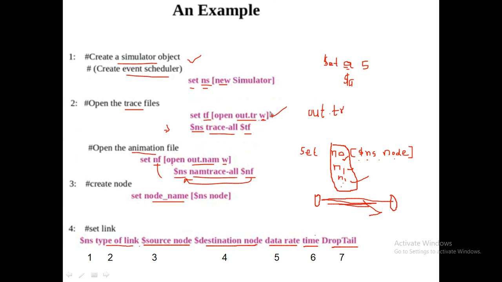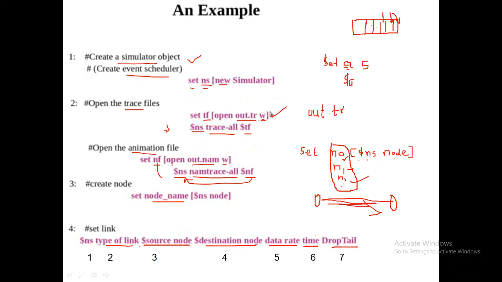So there are many different types of first in first serve, and different types of queuing are maintained here. But you know that here we are fixing it at drop tail, meaning the packet will always be dropped at the end of the queue. Now if you are considering this as a queue in TCP, if the router or a node is maintaining some queue here, as the packet comes, you try to put it in first serve. So the first packet will go in this buffer, the second will go in this buffer, like this queue you are maintaining.